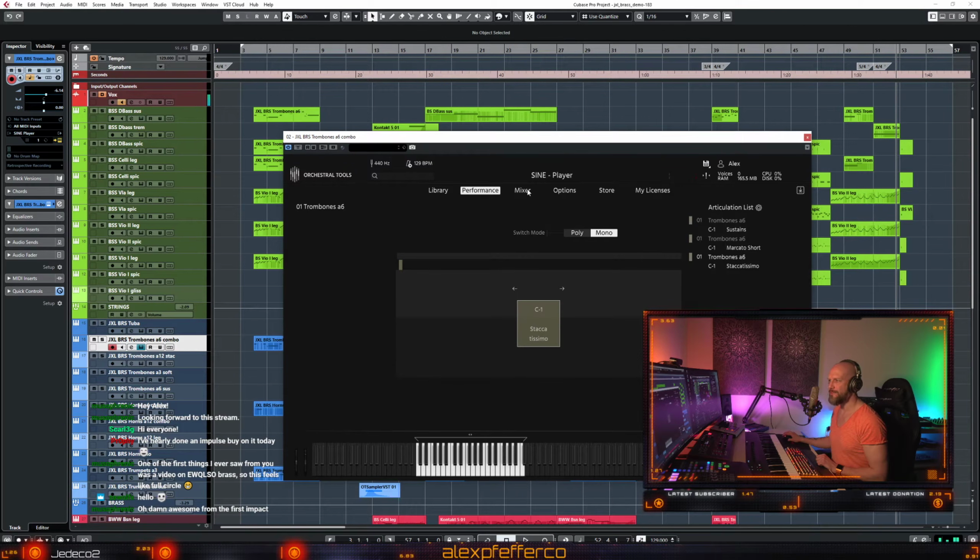And what I did basically, or how I'm used to using samplers and instruments. Probably if you know that I love layering, not just layering libraries, doesn't mean layering like three or four brass libraries, but also articulations. So as you can see here, and this is the beauty about the Sine player,